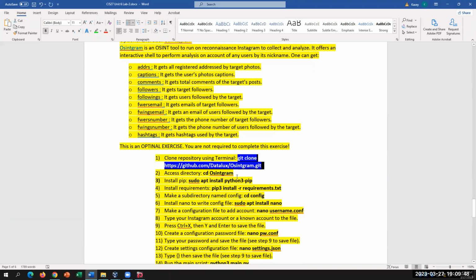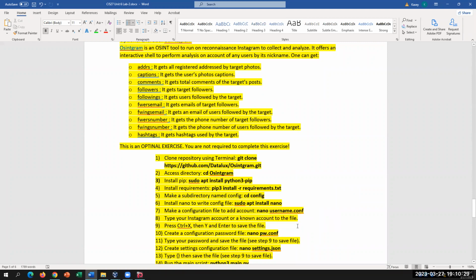So to pull it, you're going to clone it from this repo. The developer released this. Then just like before, you're going to change into this directory and you use Python to build it, okay? So here is where you install the requirements for the application. Then you get into the config, and then you're going to create a configuration username. So if you have an Instagram account, you can put in your Instagram account information. So for example, user123@instagram.com, right? So put in that, save the file,